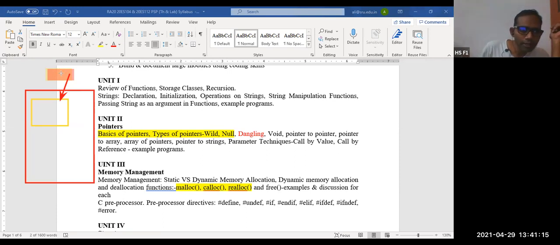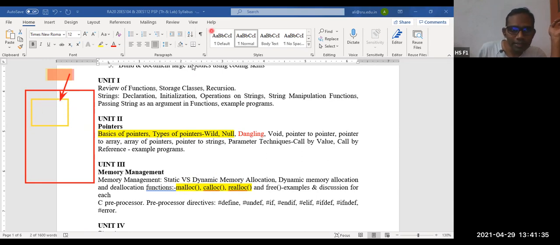Now, if a pointer is pointing to a memory location that is created by dynamic memory allocation through malloc, calloc, or realloc, the memory allocated through them is called dynamic memory.